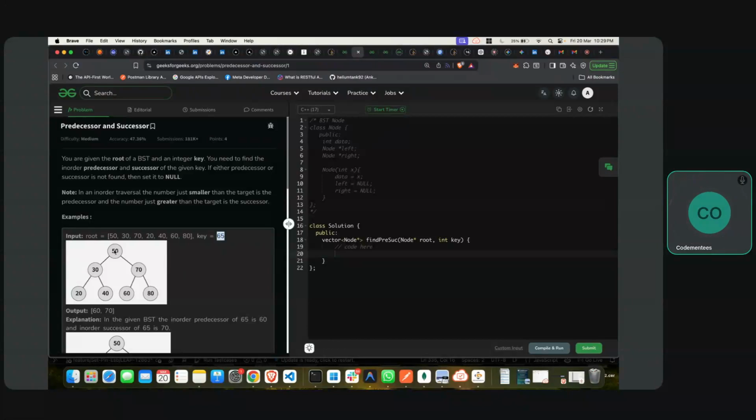For example, let's traverse this tree. Let's first find the predecessor. Predecessor means the largest element found in the tree that is smaller than this key. I repeat again, the largest value that is smaller than the key and must be present in the tree will be your predecessor. So let's see. 50 is smaller than 65, so it might be my answer. Then I will move to